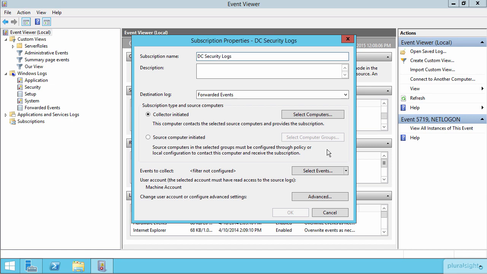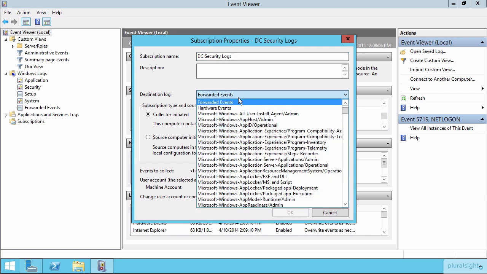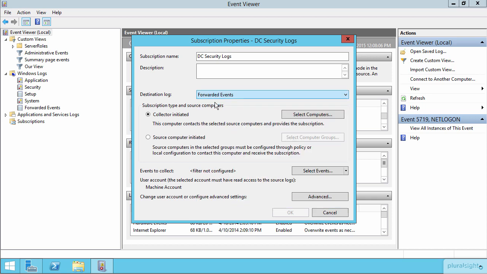And then the destination log that we'll use here will be the forwarded events logs, which is actually down here. You could, if you wanted, identify a different log, but this forwarded events log is typically the location where all these forwarded events get sent into when you create a new subscription. Now, skipping over our subscription type here for just a second, let's go down here to the events that we're